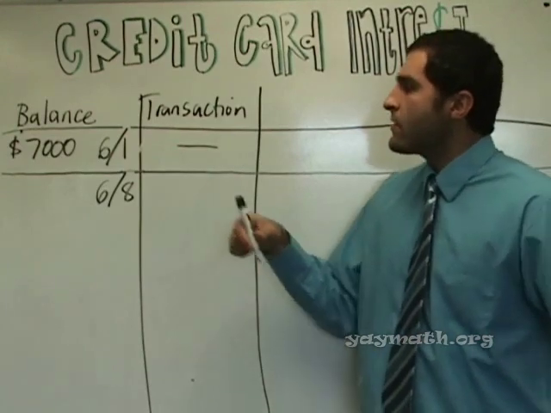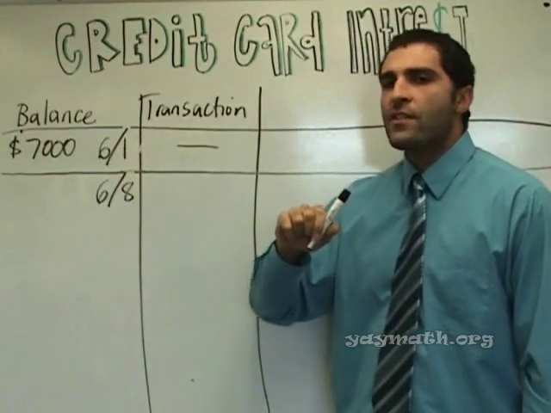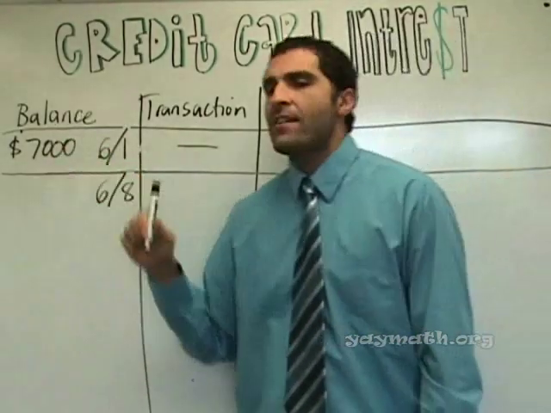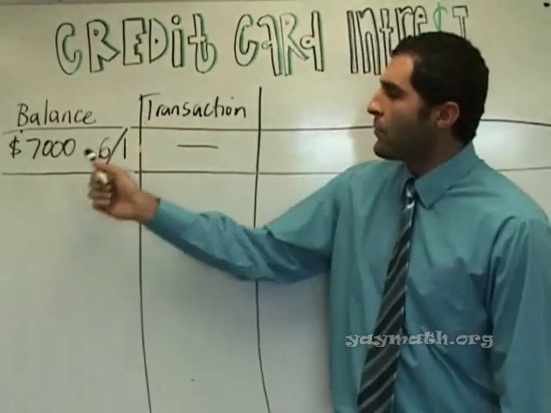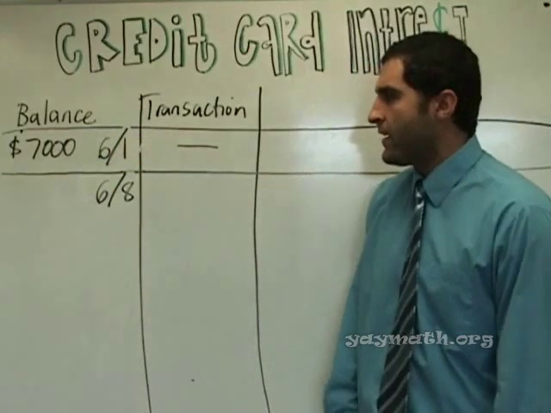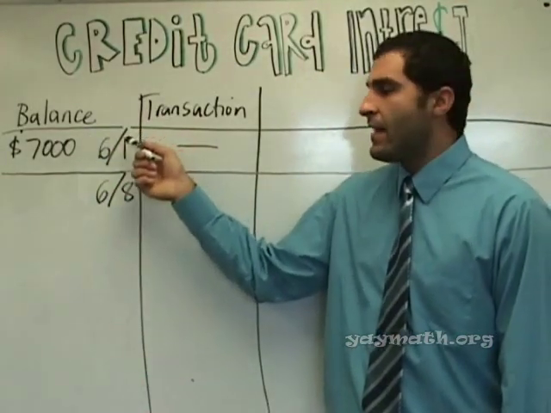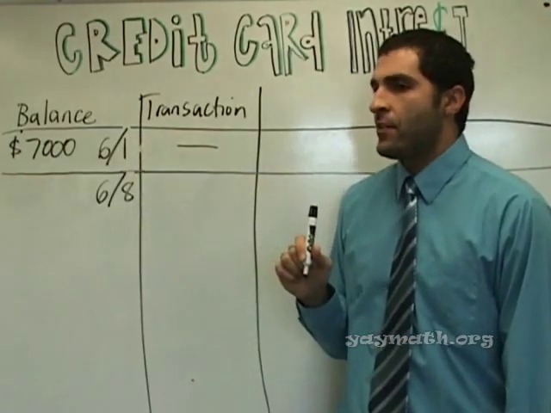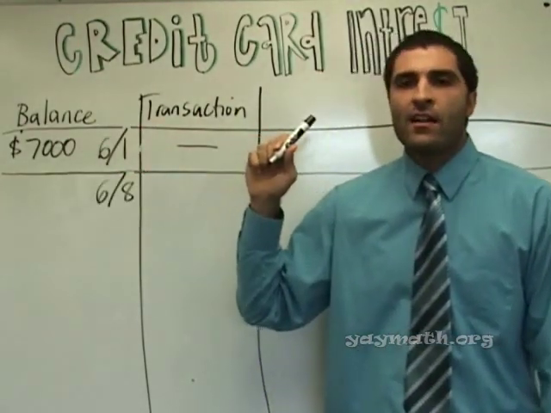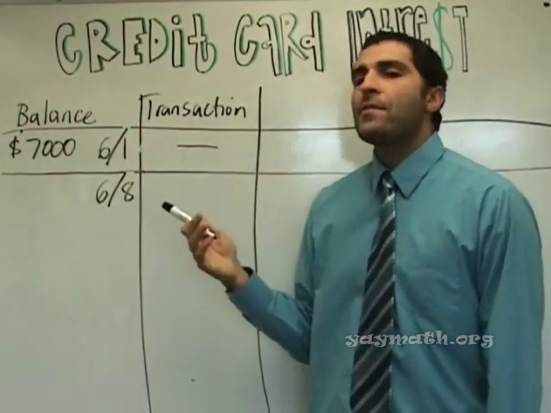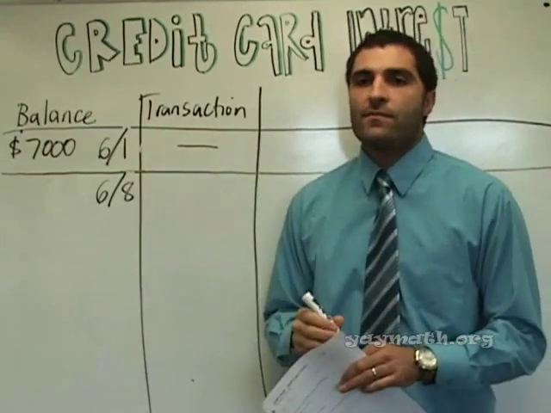Okay, so imagine it's the end of May and June starts. June 1st, coming into the month, a person has $7,000 credit card debt. Naturally, it would be $7,000 and change, but we're using even numbers so we can understand it. Assume that at the beginning of this month, the credit card bill is due, let's say on June 1st, and this person has a $7,000 debt. What happens if this person does not pay this $7,000 in full by the 1st?